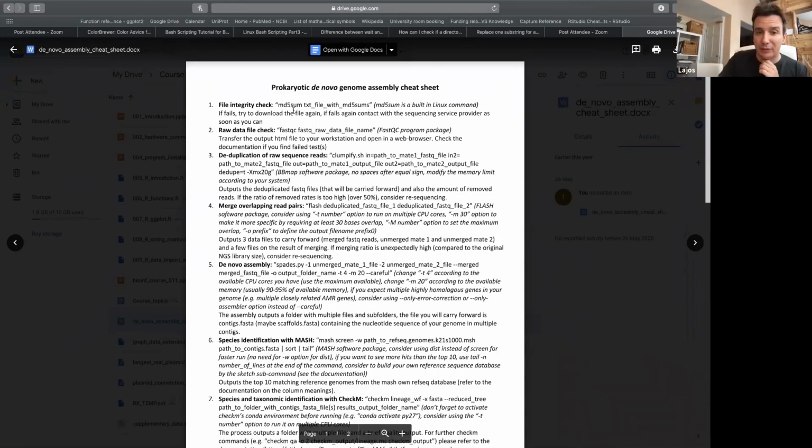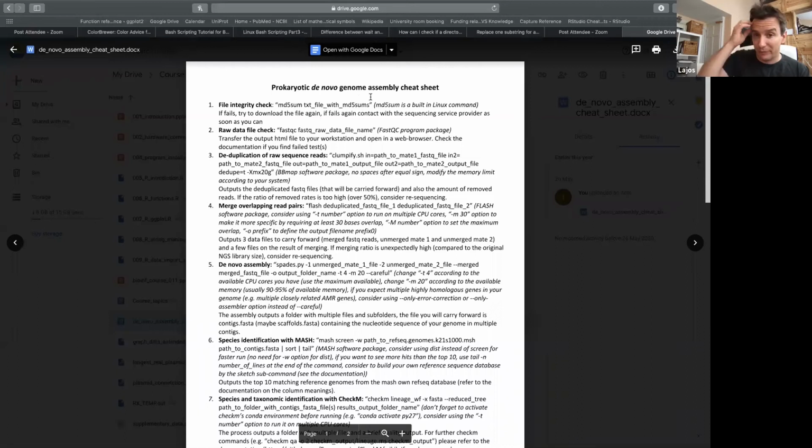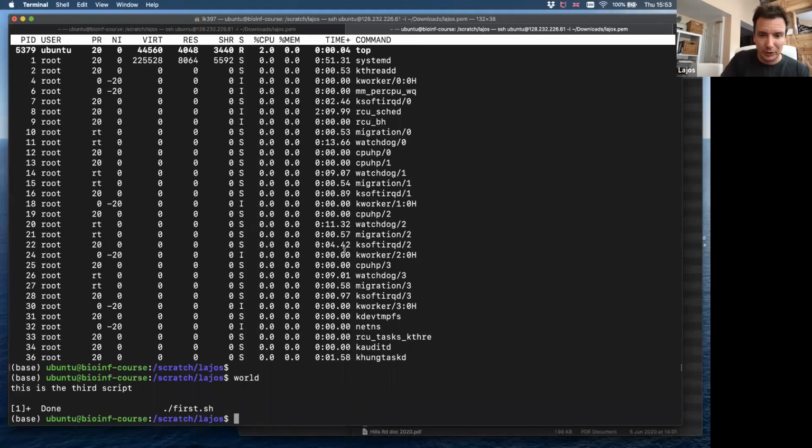I think the first two steps should be done before you run anything. So you can, for example, do an MD5 sum. I don't have to do it with a for loop because the files are usually in a TXT file, but you can do, for example, a fastqc with an sh script on many fastq files at the same time. Oh yeah, there is one more thing. If you want to use,